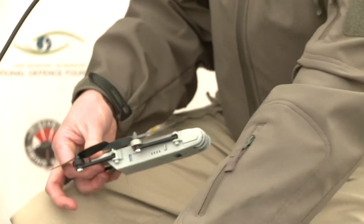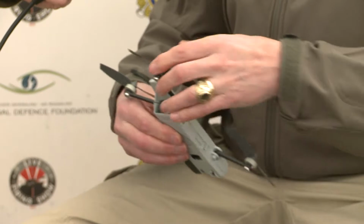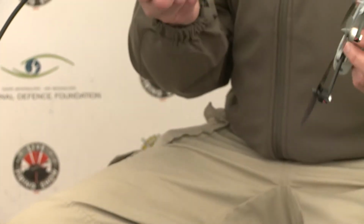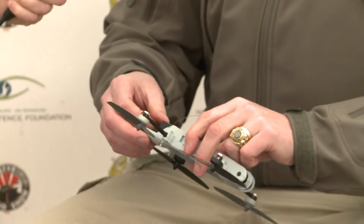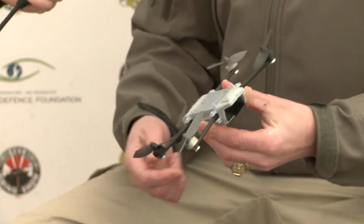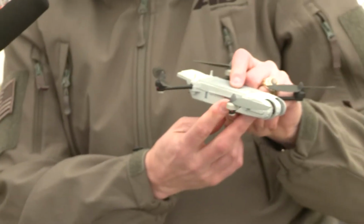And the operator only has to extend the booms. They go to hold-fast detents. And he inserts a battery if there's not one in there. It's a rechargeable lithium ion battery, so I can carry multiple batteries, at least 2 in the pack. So I've got 2 mission iterations. That gives me a total of 30 minutes, 15 minutes on each. The only control he has on that is a side push pin, which is his